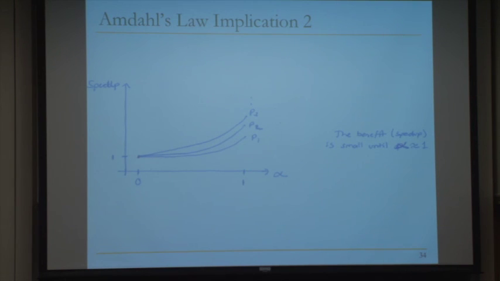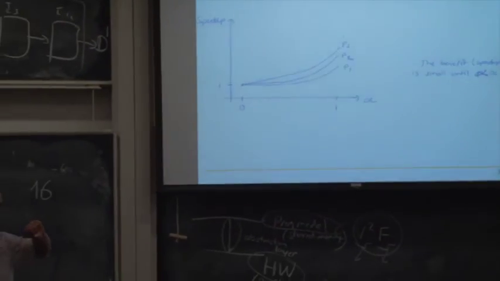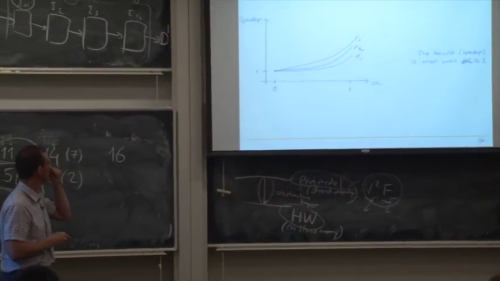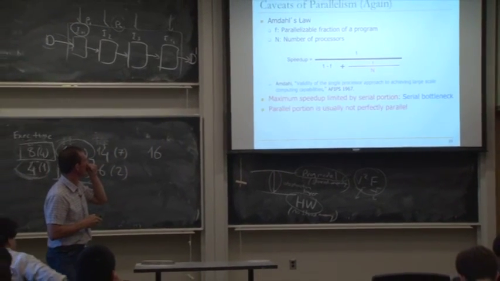It says basically your serial bottleneck is your bottleneck. So unless your alpha is really close to 1, you don't get a whole lot of speed up. So you better make your alpha close to 1. Okay? So you've seen this all in 447. And I'd encourage everybody else to study this. But that's what Amdahl's law is about.